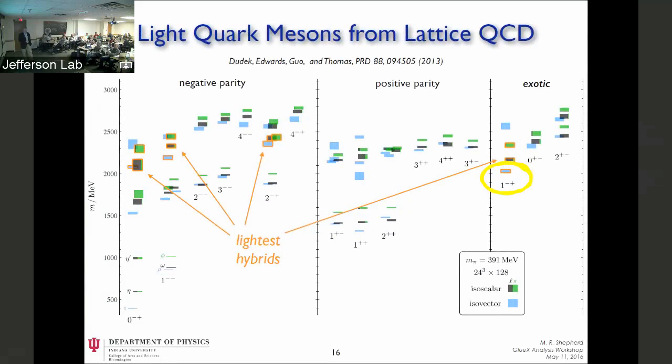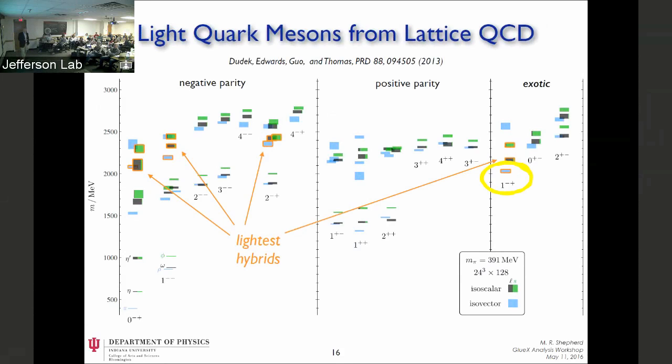Of course, in reality, that's a little bit more complicated than that because often things don't decay into two spinless objects. They decay into many other things. And I should say you can also measure P and C by looking at the various products of how they decay. So parity is often constrained by the parities of the decay products and the relative angular momentum, and charge conjugation by the various decay products also. So just to give you a more complicated example, we can look a little bit at some of the evidence for the existence of this exotic 1- state.